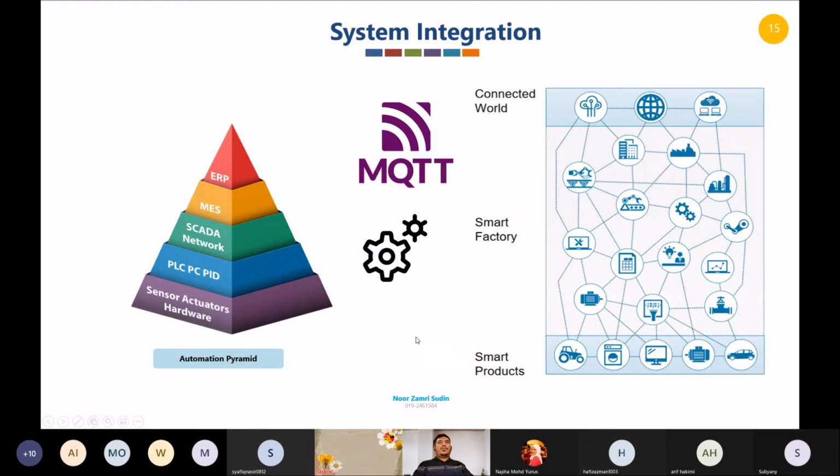But in Industry 4.0, everything is interconnected between each other. So sensor can communicate directly to ERP, sensor can communicate directly to MES, sensor can communicate directly to SCADA, even sensor can talk to sensor, sensor can talk to actuator. Everything is interconnected, so we cannot use this automation pyramid anymore.